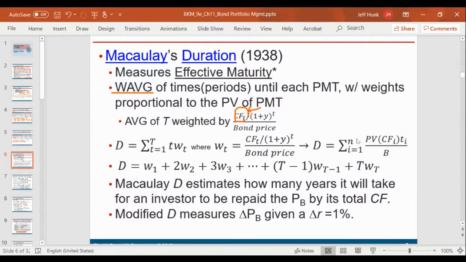In other words, the first coupon payment out of the entire bond price will be greater than the